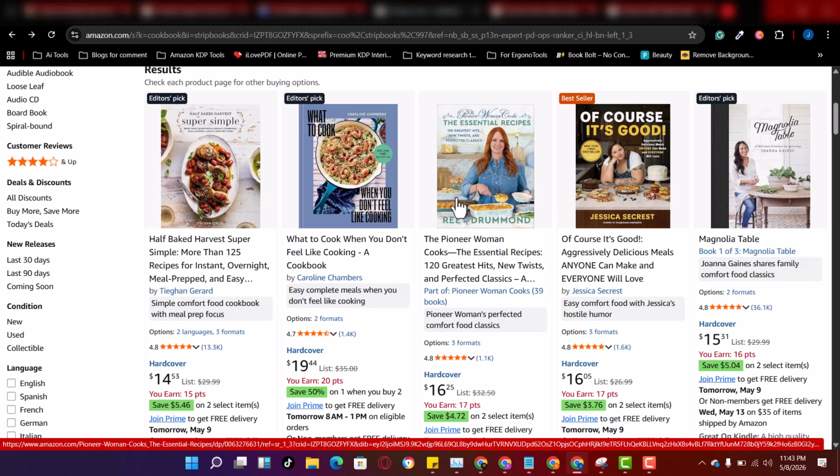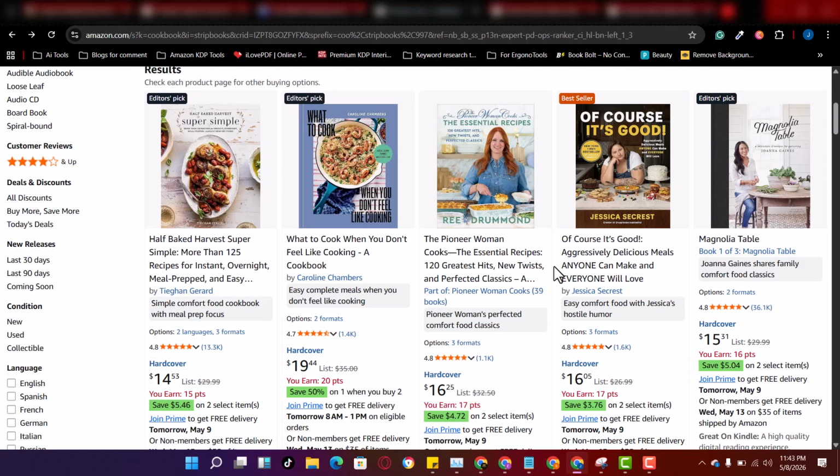Look at this cover. These covers are very nice cover designs for all of these books. So the next thing is to make sure you design a professional cover for the book. You understand? If you don't know how to design a professional cover for the book, then maybe you can find a good designer that can design for you, and then you go ahead and do the rest. But don't worry, I'm going to show you how to design your book cover professionally with ease. You understand? I'm going to show you that.